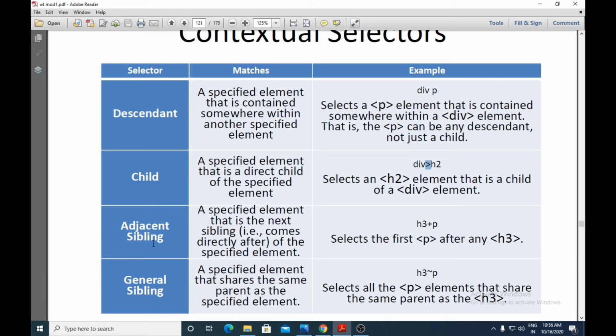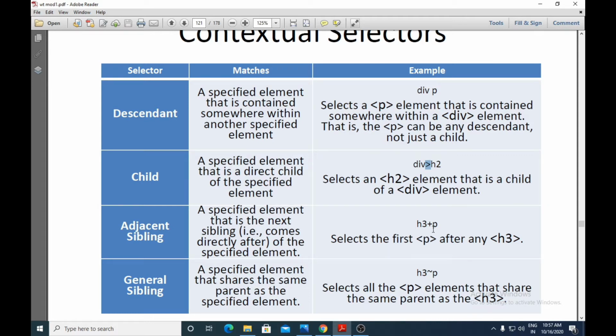Next contextual selector we have is adjacent sibling. Siblings are within the same element. A specified element that is the next sibling, that comes directly after the specified element, is known as an adjacent sibling.